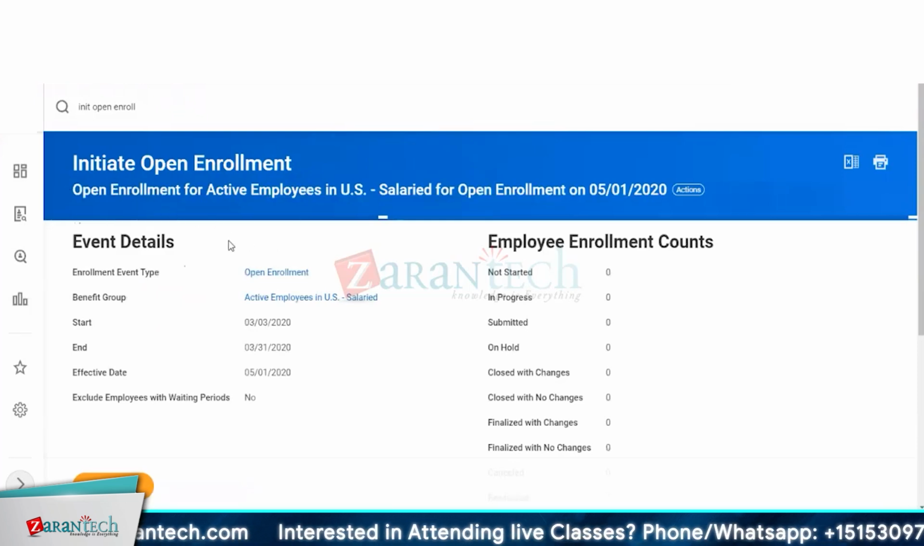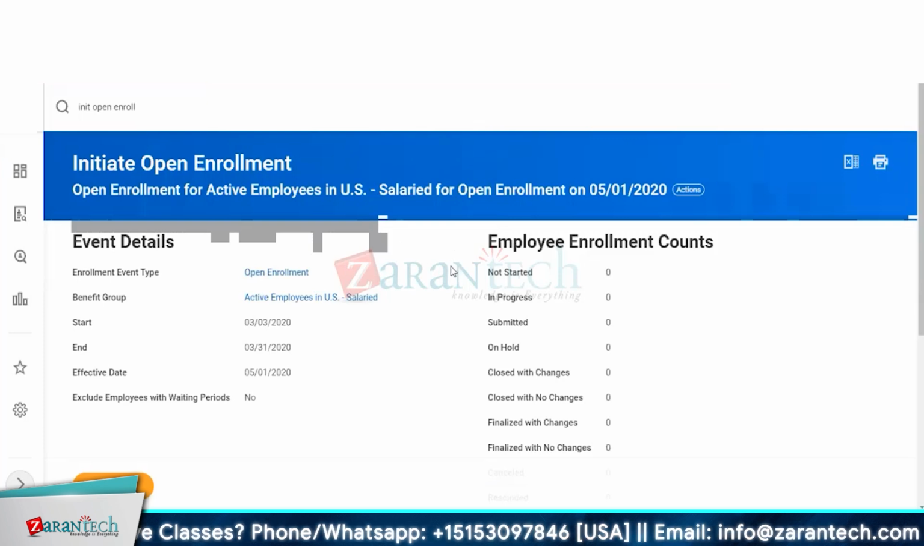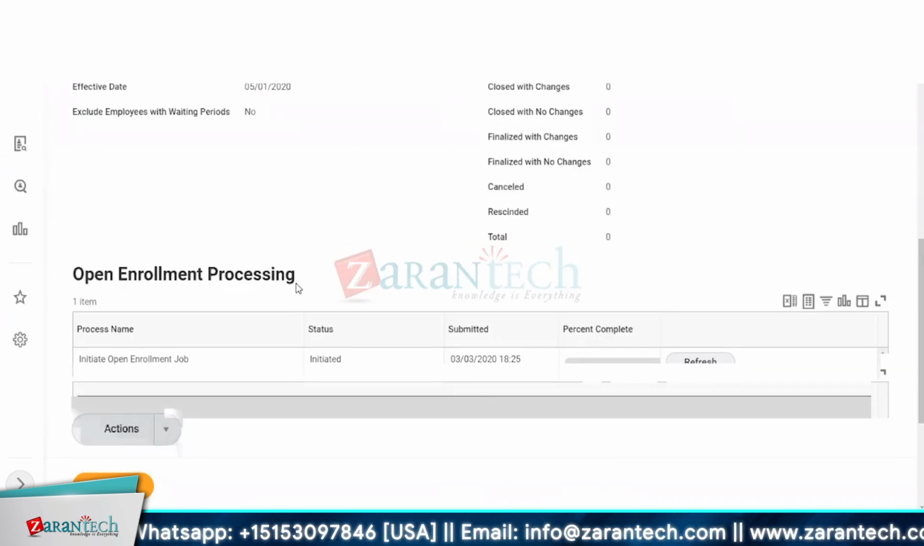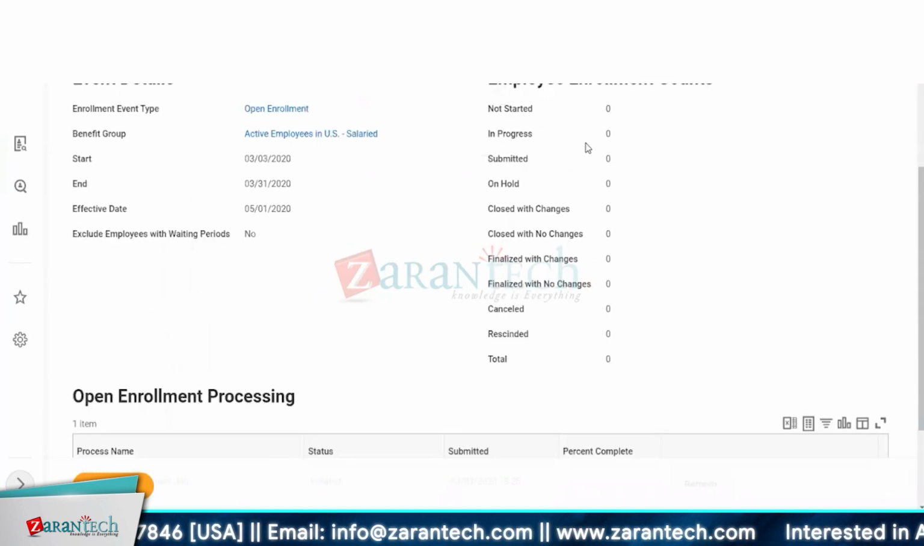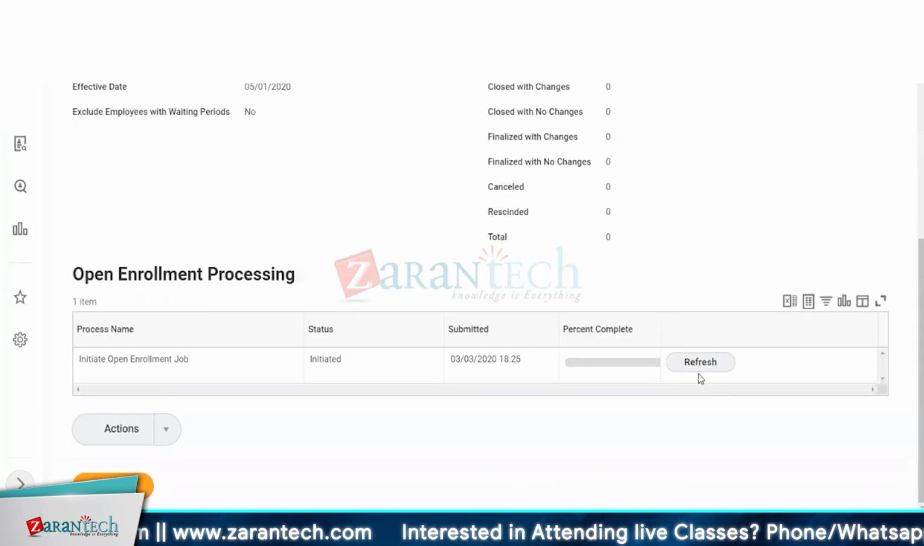So once it's launched, we get the details here. And right now, all the status and the employee counts are 0, because it still is processing. So if I click on refresh,